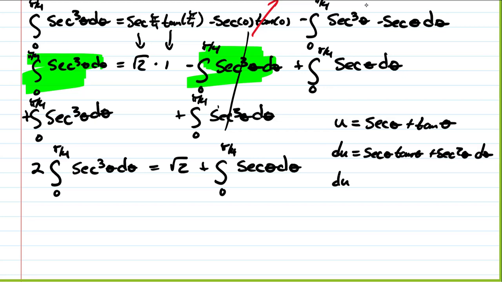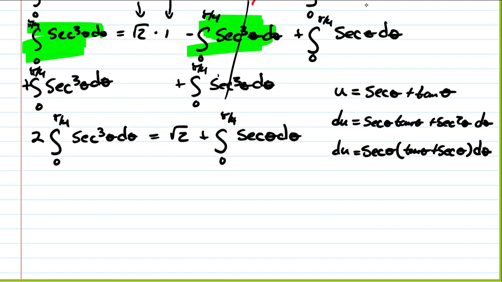So then we factor out our secant theta, and that leaves tangent theta plus secant theta d theta. But that is exactly what u is. So we get du is equal to u